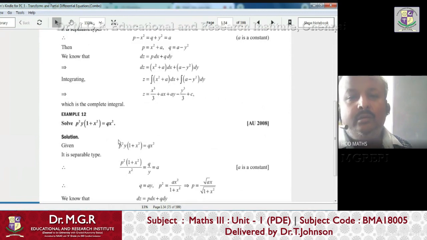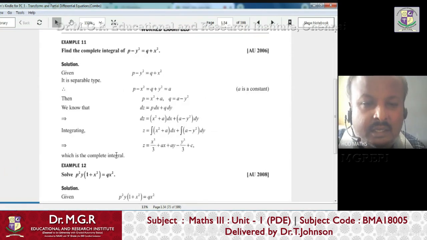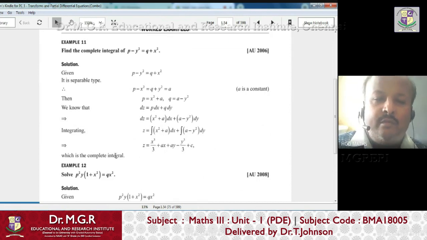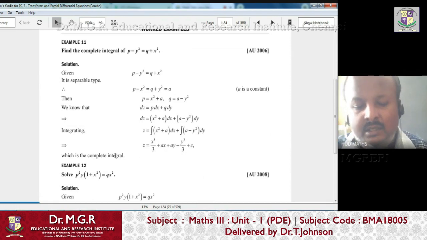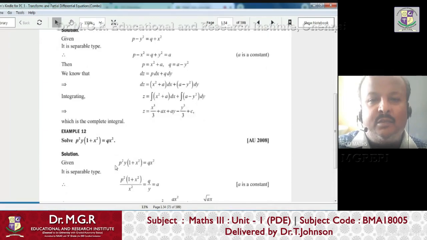Try to copy that problem also. You have to solve this in the assignment notebook, where I gave the first assignment. So for assignments and homework problems, you have to write everything in a single notebook, and classworks you have to write in another notebook. Okay. So write down example 12 first.